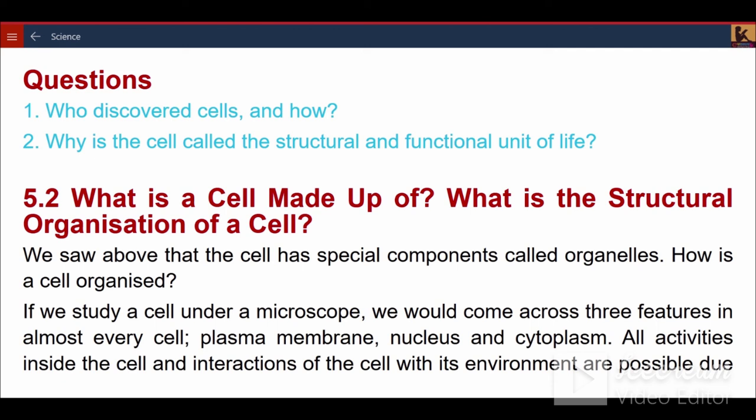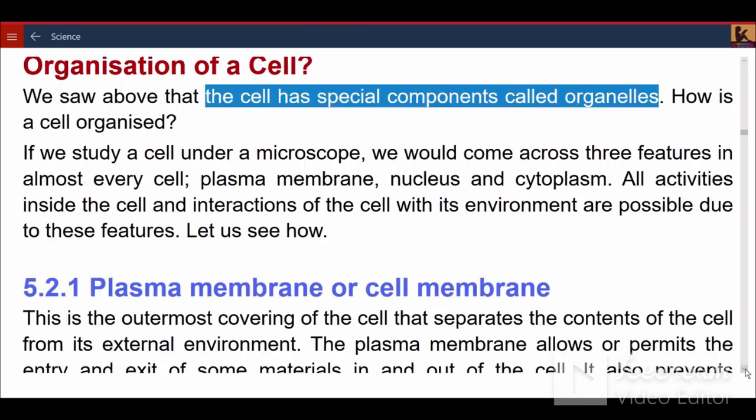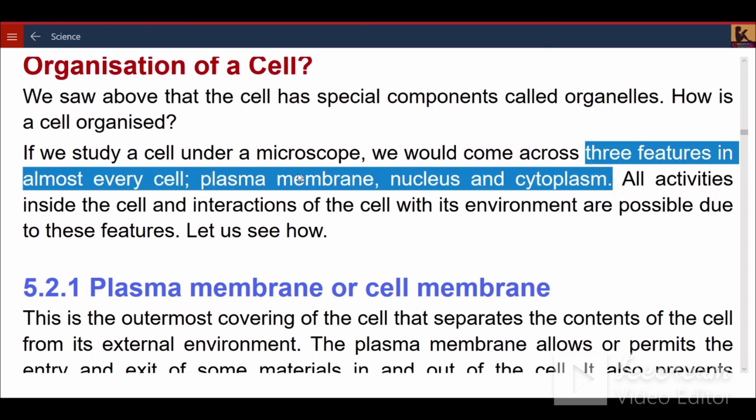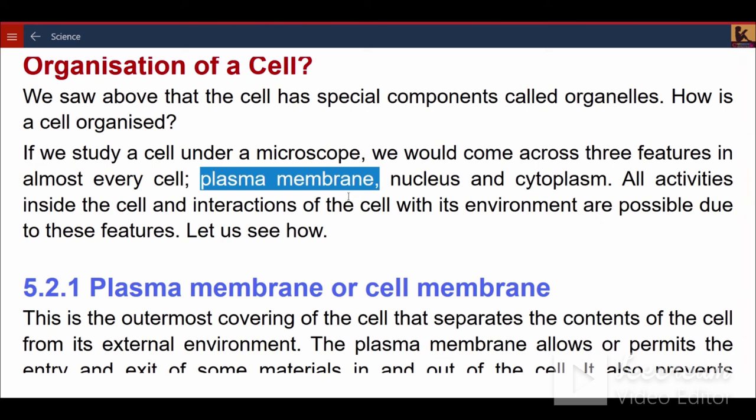So normally the cell has special components called organelles. But how are they organized? We can say the three features of the cell are plasma membrane, nucleus and cytoplasm. You can divide a cell into these three parts: plasma membrane, nucleus and cytoplasm. The plasma membrane is like a border of a cell which prohibits the entry and exit of materials. Nucleus is the main